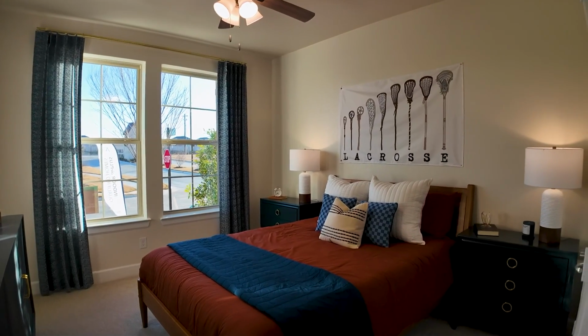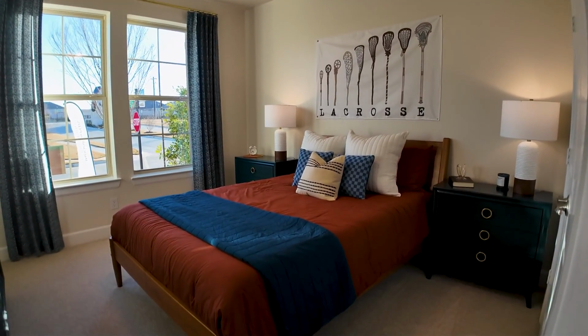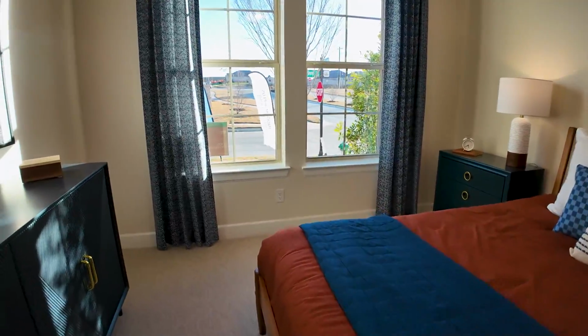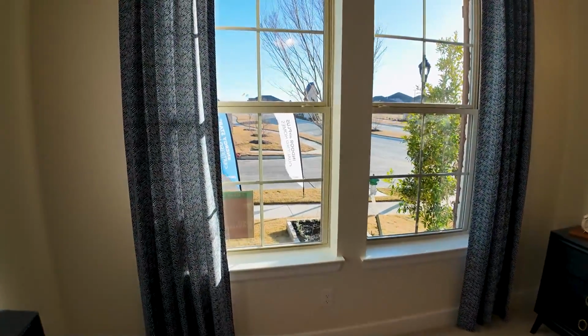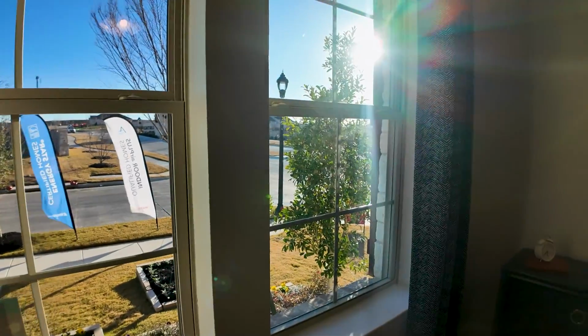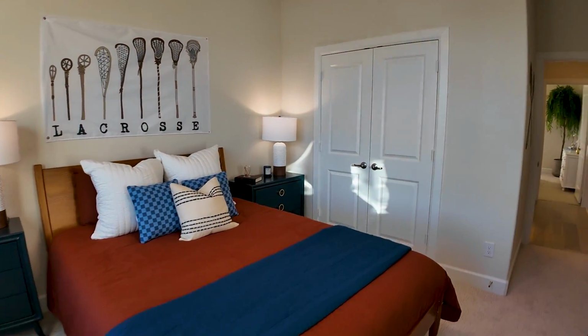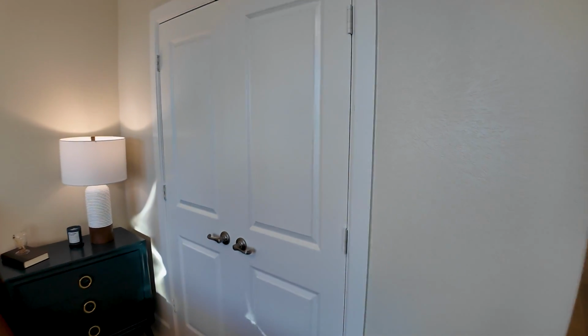So hopefully you guys can get a feel by the video here. You got a good size room, good size bed with large furniture in here. The double windows. We'll spin you around here, and then of course I'll open up those closet doors so you guys can see this. So this floor plan